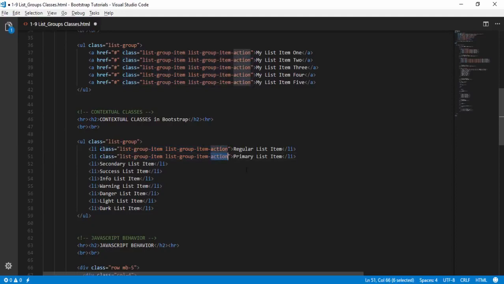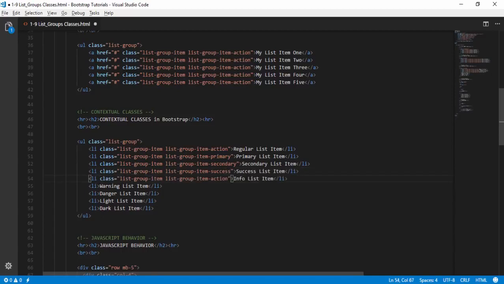I just change the last word like this, primary, and I paste. This is secondary, and I paste. This is success, and I paste. This is info,